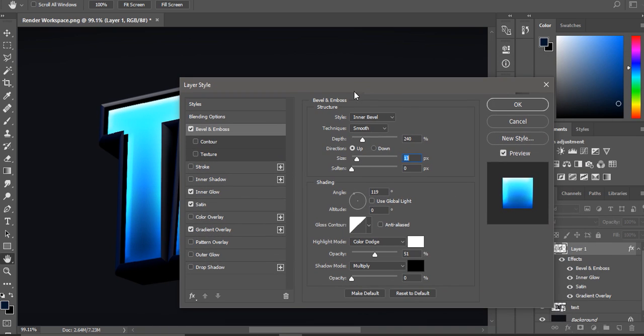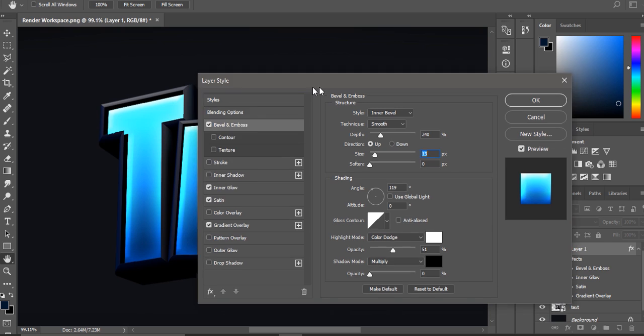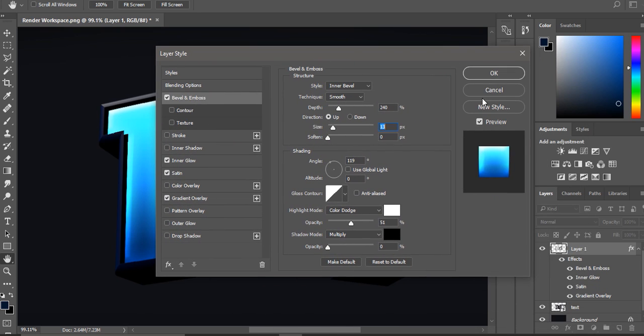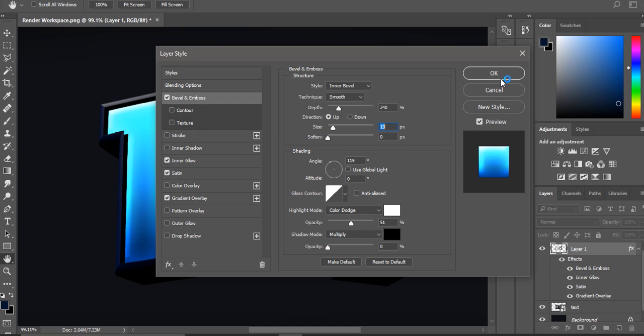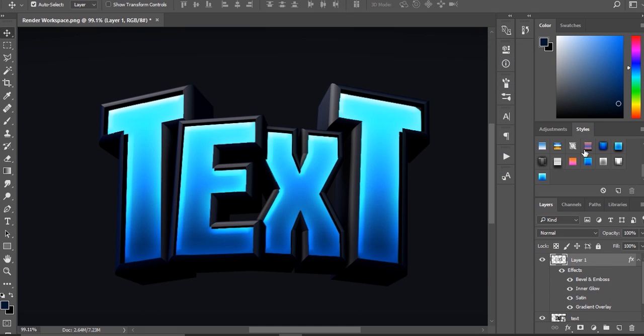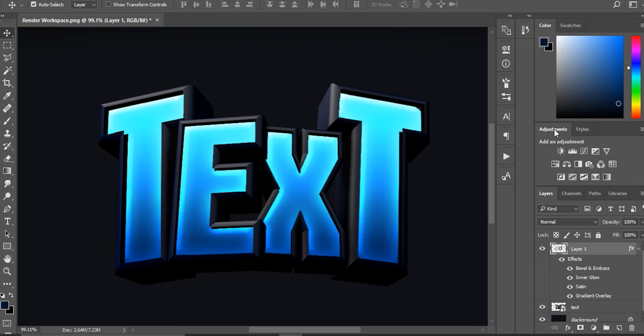Cool. Now that our layer style is done, I recommend you click on New Style and save it. So if you want to use this style again, you go to your styles right there. And so you have our own custom layer style right here. And now that we have that,